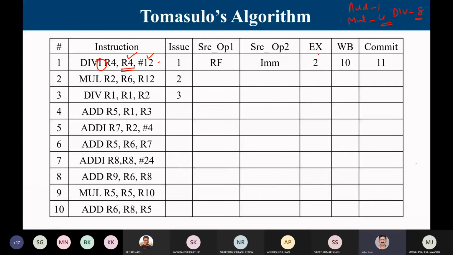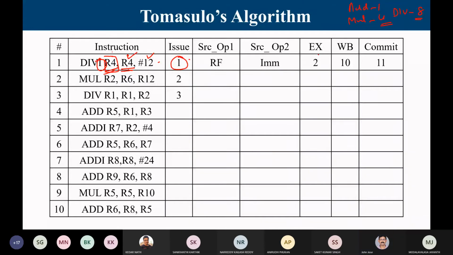Okay. So let us take the first instruction. It's a division instruction, so it has to be done in the division unit. And it's already given. The issue happens at clock cycle number 1. So the fetching might have happened before it. Now it's not bothering us. And R4 is the first operand. So the very first one written is the destination. And there are 2 source operands, R4 and 12. So basically this is R4 equal to R4 divided by 12.